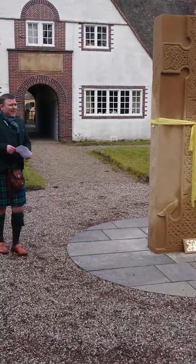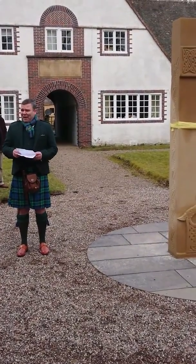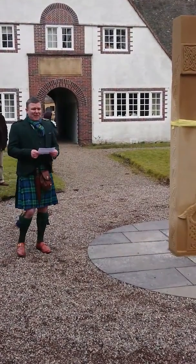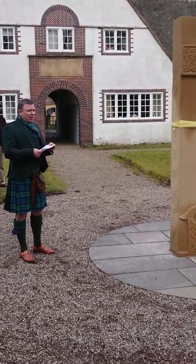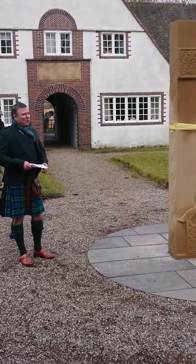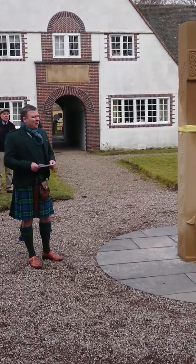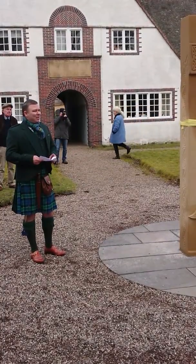It was a crazy idea to put a new Pictish stone in the middle of a Perthshire village. I'm very grateful to Davy Strachan for being mad enough to come up with it. It was a dream come true, really. I'm a Pictish stone carver, that's how I describe myself. So to carve a new, full-scale Pictish stone, the first in 1,000 years in Scotland, is one of the greatest